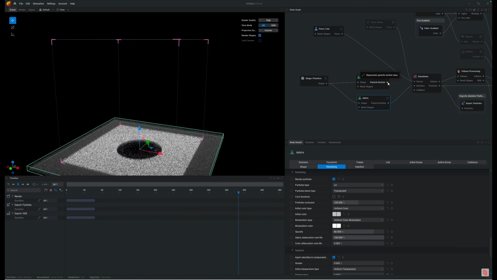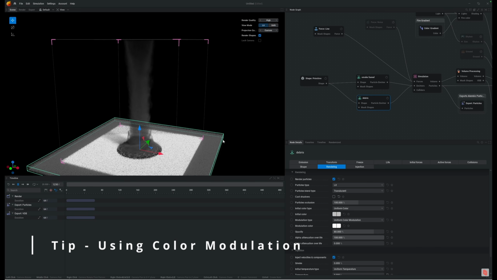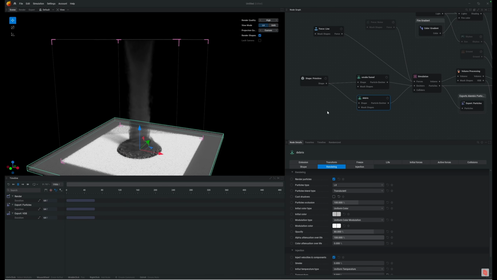If we bring our original particle emitter back in, we can see that our visible particles are getting mixed in with this smoke. So I would use this to give the perception that there's some bits of debris on the ground that are getting picked up and swirled around. You can just make out that there's small things flying around in there and that it's not just smoke. But the problem is you end up with this ground plane that's full of stuff, and you don't want that to always be visible. So I use a trick to make it so that you can only see it once it starts to move. And what we're going to use for that are the modulation settings over here in rendering